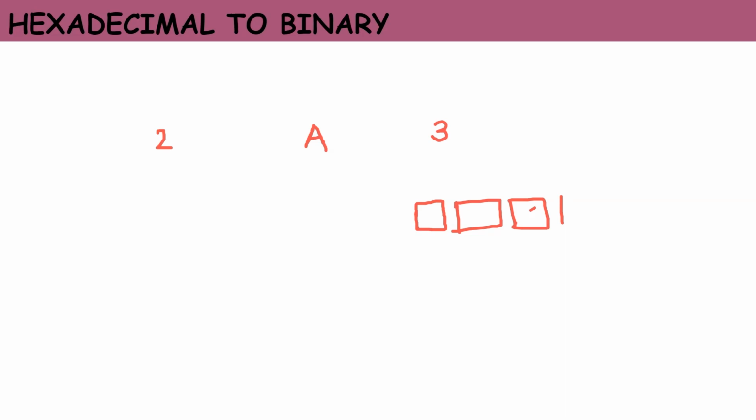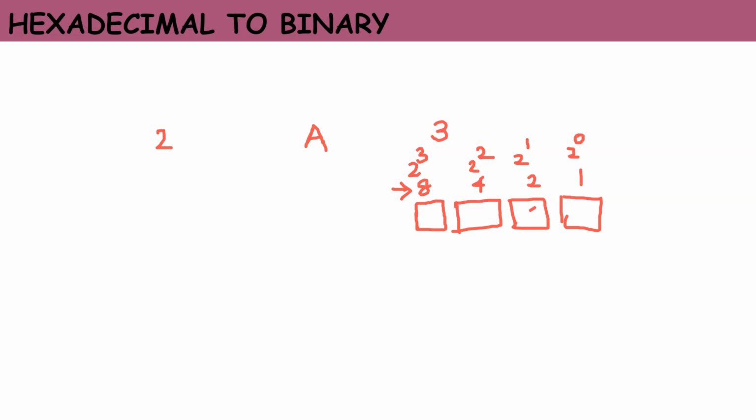Write down the positional values for each bit position: 2 power 0, 2 power 1, 2 power 2, 2 power 3, which is 8, 4, 2 and 1. So directly we can use this expanded value. Just remember to directly use the expanded values 8421.